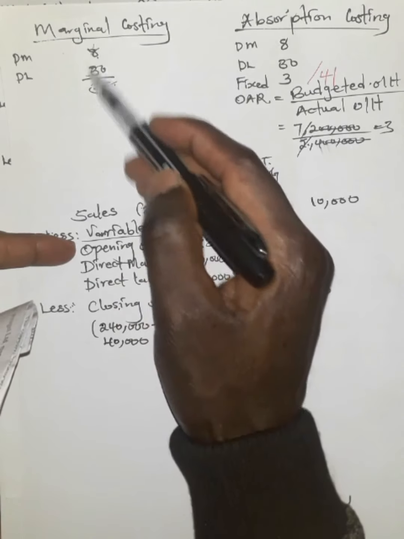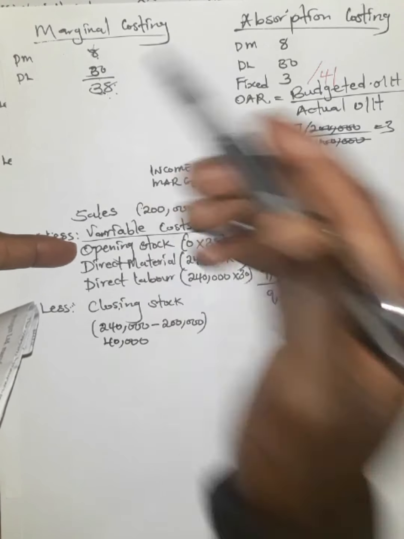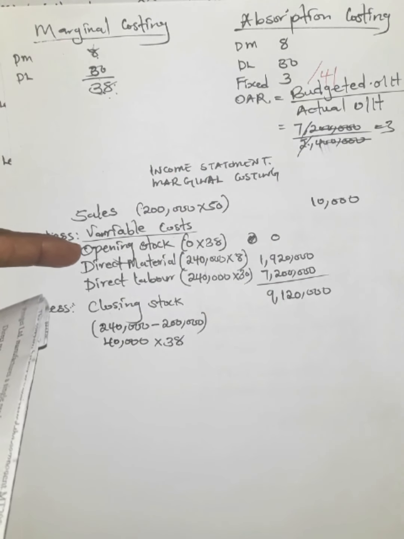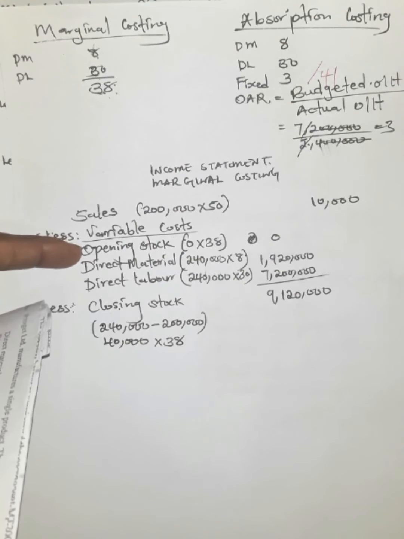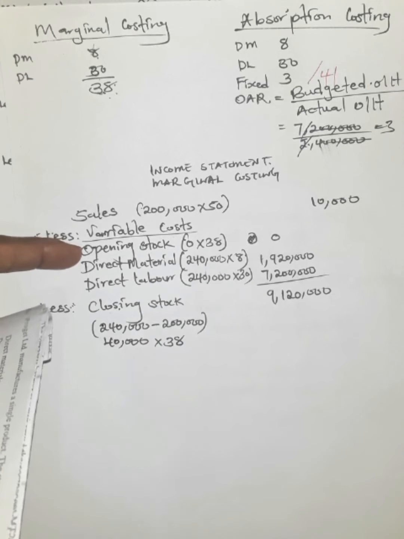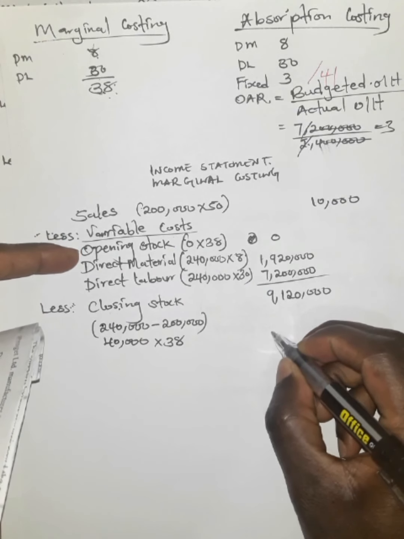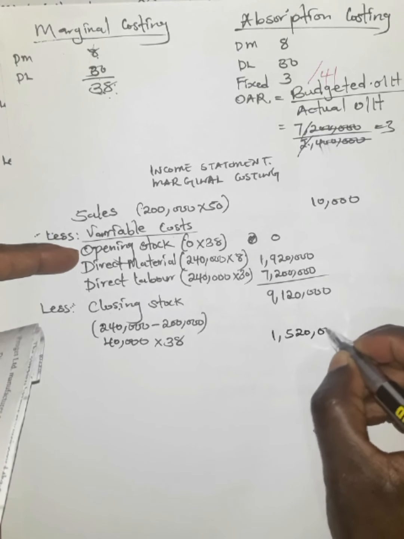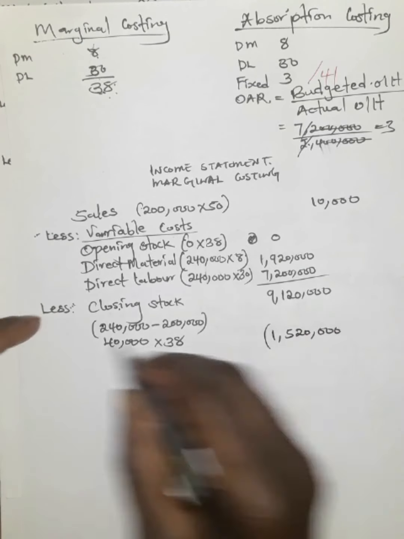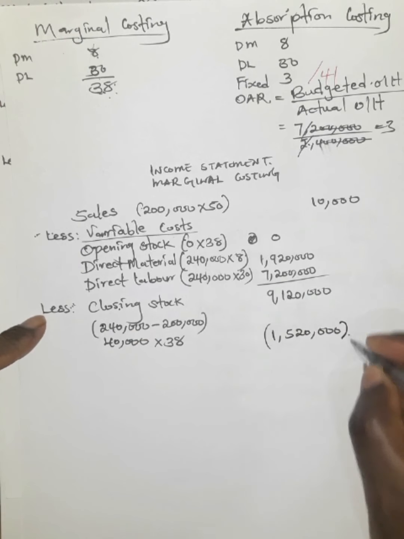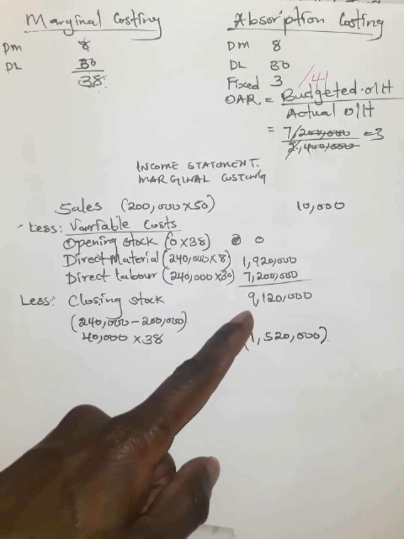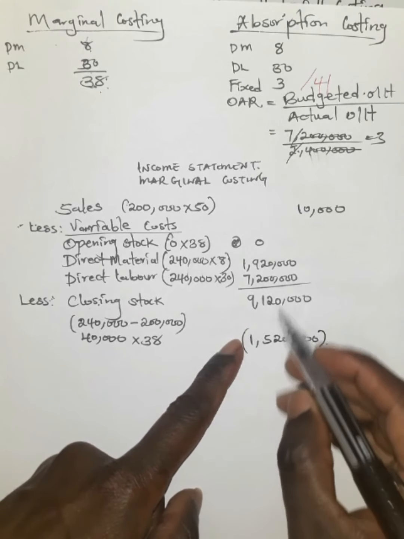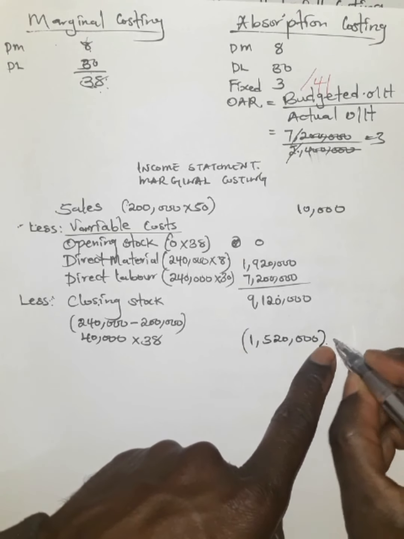And then that 40,000 we factor in, because closing stock comprises of both direct material and direct labor. It means we use the combined standard units of 38. So it is the 40,000 times 38. And when you do that one, you get a value of 1,520,000. Because we were lessing, we are supposed to less that. Then when you less this one from that, we get a value of